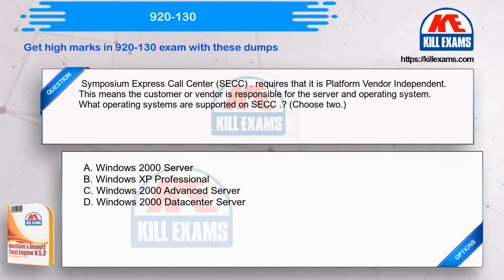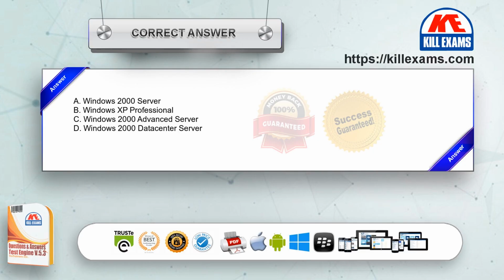Choose 2. Option A. Windows 2000 Server. Option B. Windows XP Professional. Option C. Windows 2000 Advanced Server. Option D. Windows 2000 Data Center Server. The correct answer is option A, C,